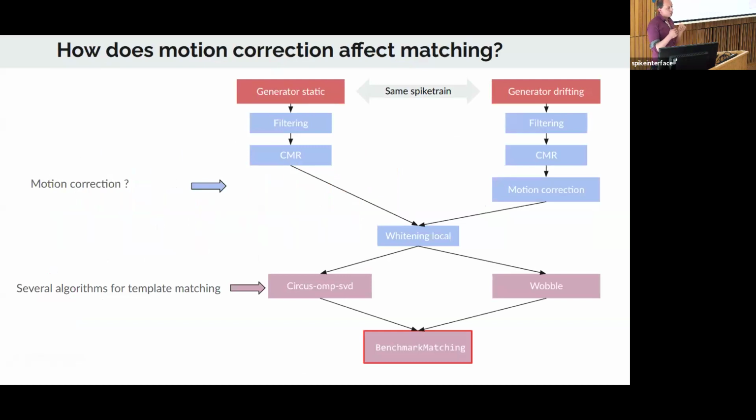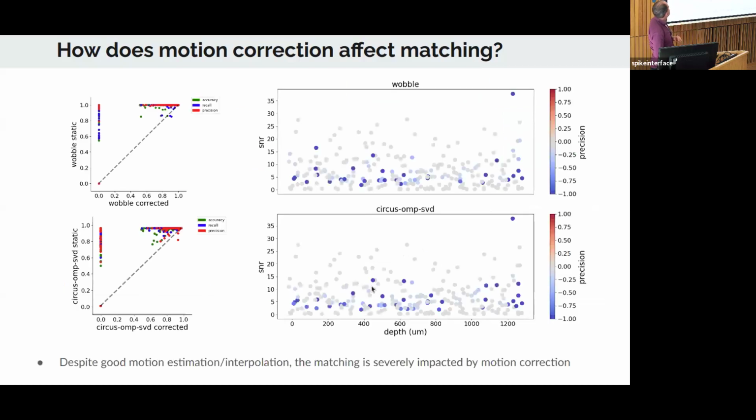How does motion correction also affect the template matching? Assuming I have my static recording that I'm filtering, removing the median and whitening, because I realize that whitening helps, if I have my drifting recordings corrected in the best manner I can think of these days, how will those two engines behave? Well, they behave okay-ish, but you have some losses already. And that's, again, maybe a push for the idea, aforementioned by Charlie, of having something that will be aware of the drift, but we have some cells that are lost in the process.